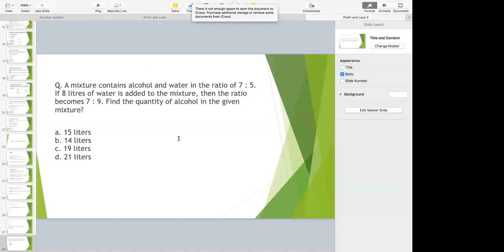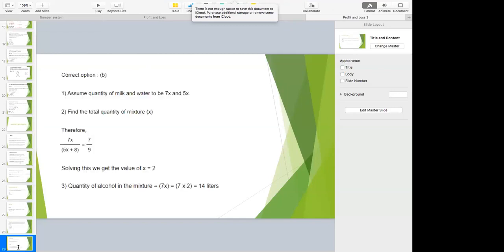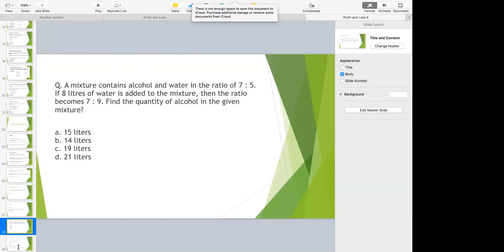Okay, Shivam. See, I'll repeat this part again. The reason why you need to listen to it properly is because in the solution, they have given the solution by taking X. But while looking at the question, I figured out how to solve this without pen and paper. So the initial ratio is 7:5, the final ratio is 7:9. So the alcohol has not changed, only the quantity of water has changed.